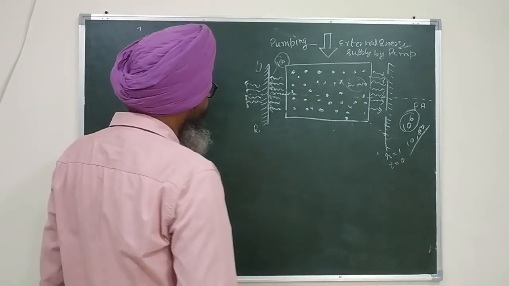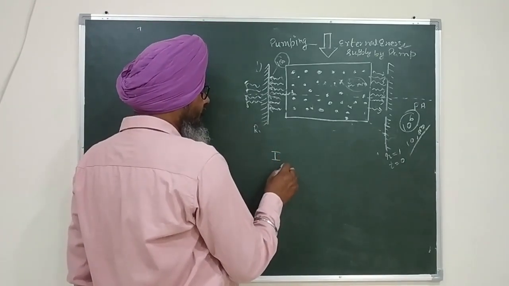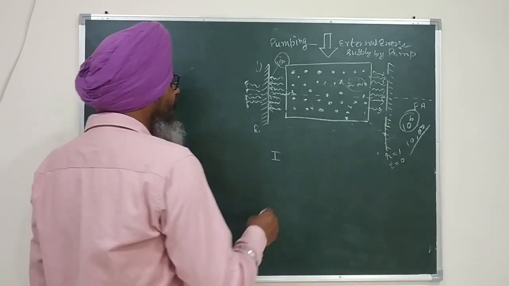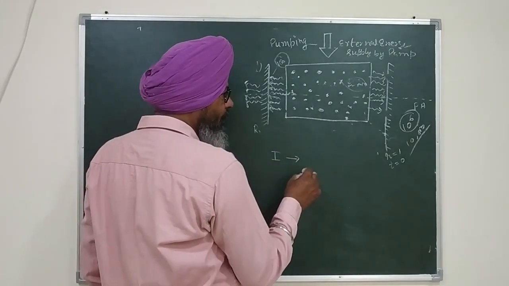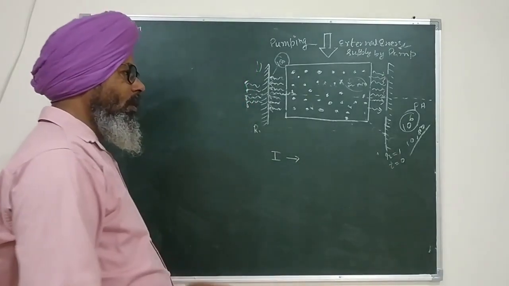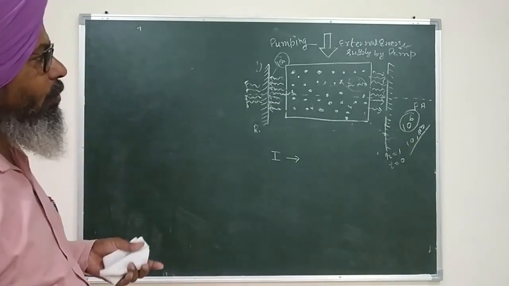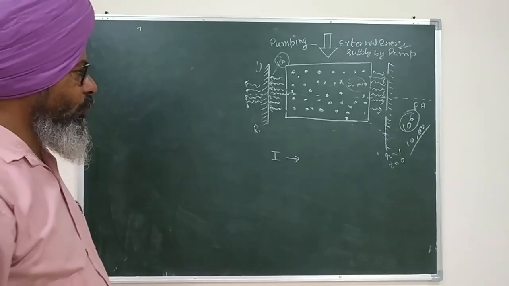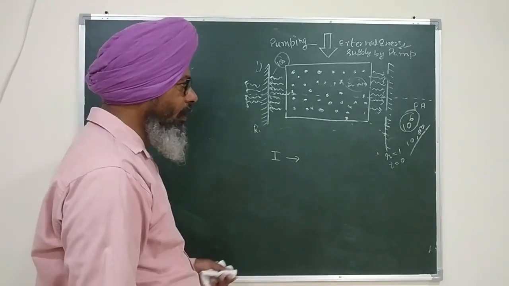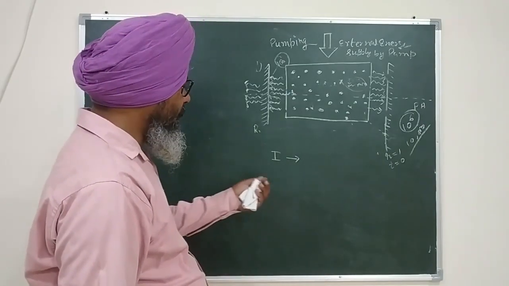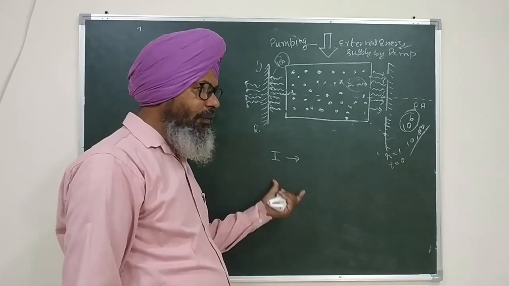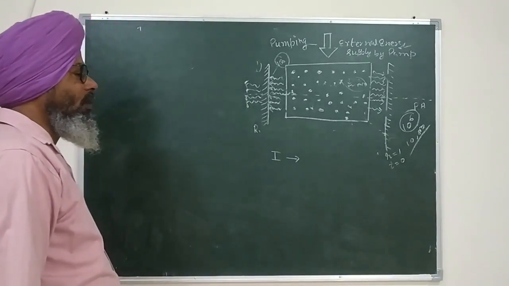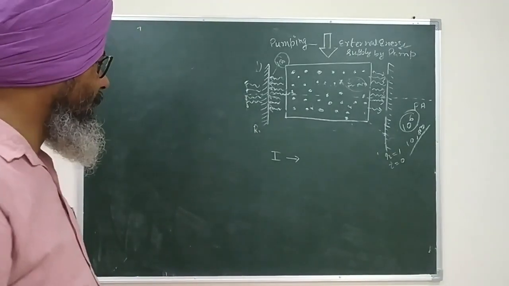So kindly remember, there are two definitions of intensity. One, it is the intensity emitted by the source, the amount of energy emitted per second per unit area. This is according to wave optics. Second, we can say it is the total number of photons emitted per second per unit area from a given source. Both of these definitions are equivalent, and the only difference is that one comes from the wave nature of light, and the other, in which the number of photons is stated, comes from the ray nature or particle nature of light.